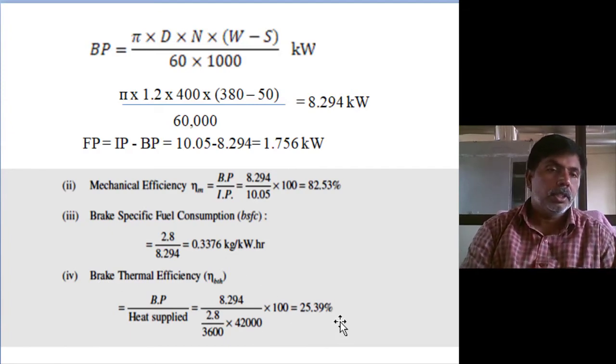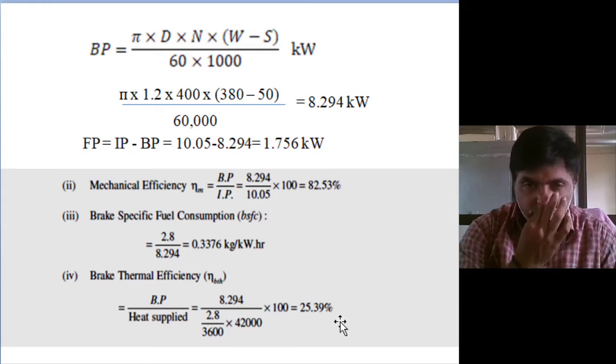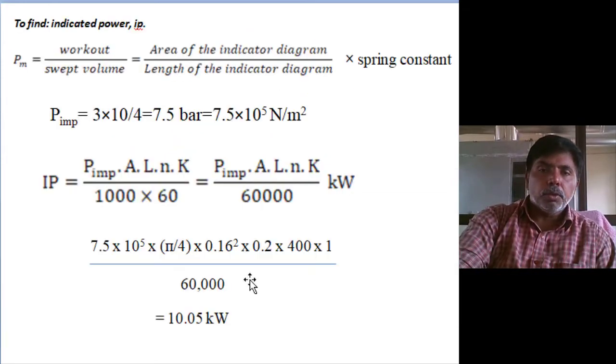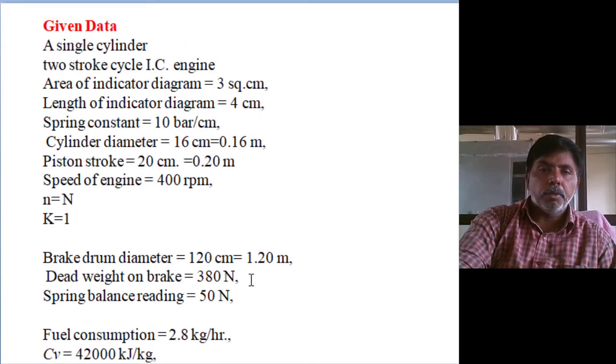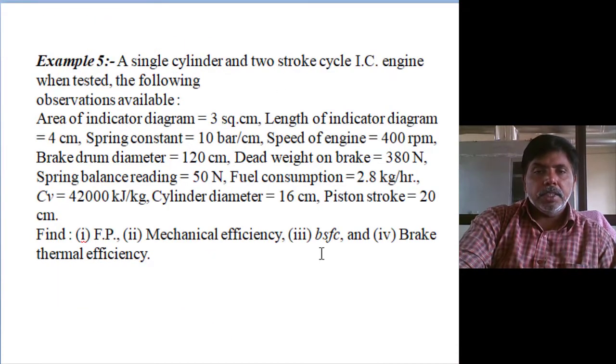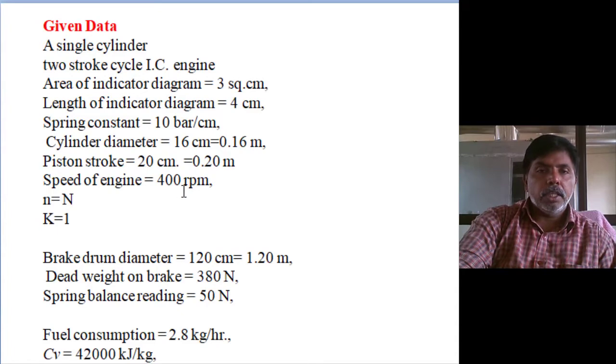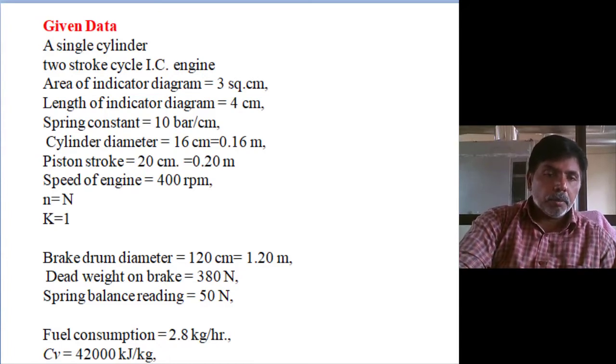It's the simplest method to calculate the efficiency. For looking simply at a complicated problem like that, from the basic data, first note down the given data. Like that, I want to determine indicated power, so you write the indicated power related data on one side. Next I want to determine the brake power, then you note down the brake power data. And I want to determine specific fuel consumption, then the specific fuel consumption data. I want to determine the brake thermal efficiency, then the brake thermal efficiency relative data.